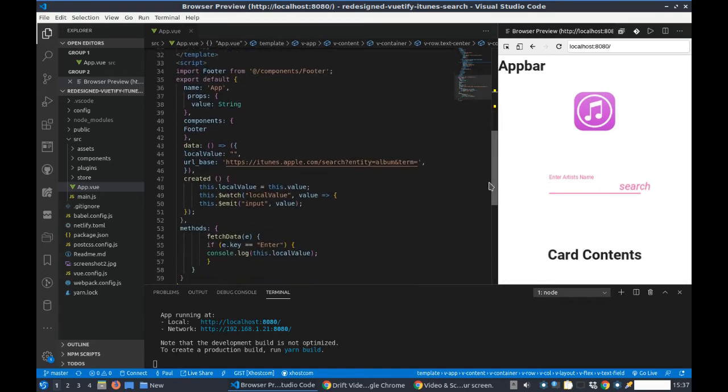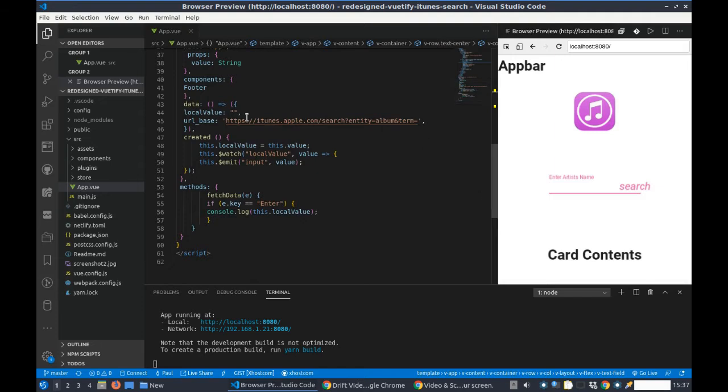And then we set watch. We use a watch method to watch localValue, and we use the emit method on the input to emit the new value when it changes. So that keeps track of the value,